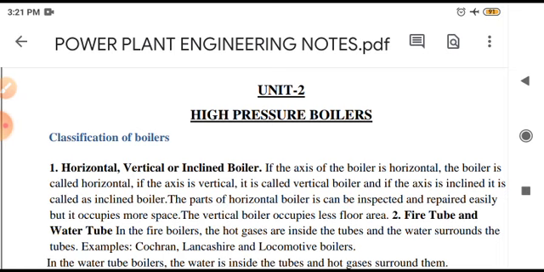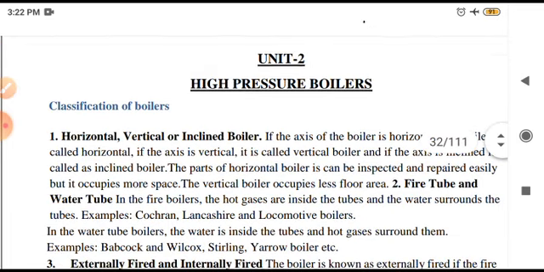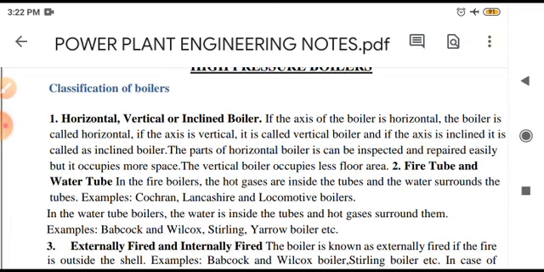Now, according to IBR, that is the Indian Boiler Regulation Act 2007, they have defined the boiler. They have said that a boiler is a closed pressure vessel in which steam is generated with a capacity exceeding 25 liters, gauge pressure greater than or equal to 1 kg force per centimeter square, and water is heated at 100 degrees Celsius or above. All such vessels are called boilers.